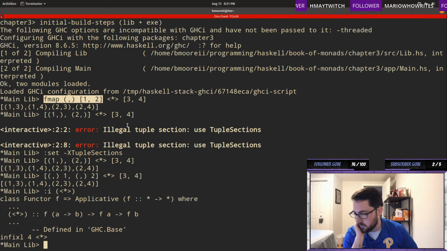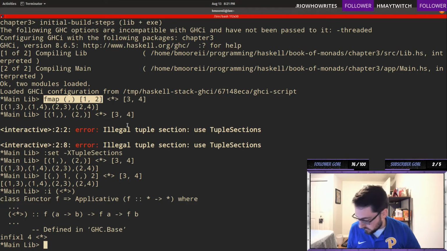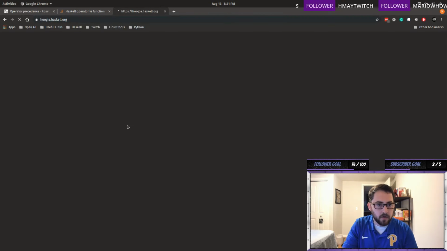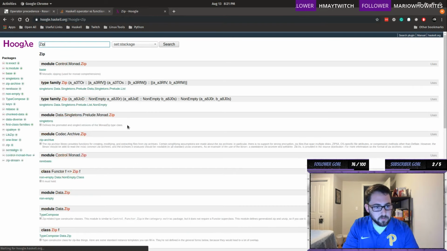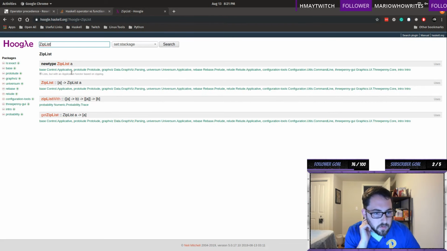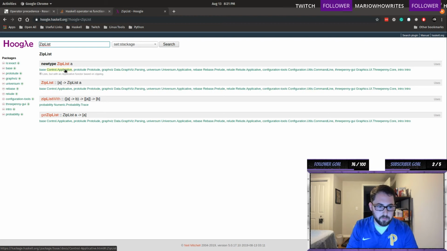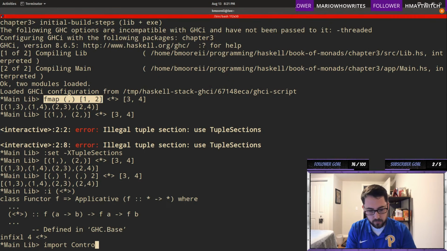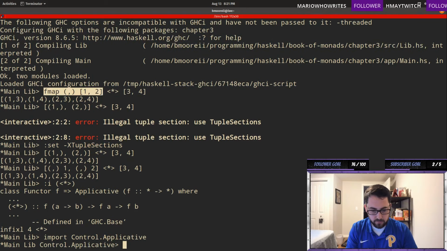Does that make sense? That's actually a useful thing to know. I should probably know that, but it is what it is. I also need to go figure out where I get ZipList, because I don't know where that is. It's in Applicative. So import Control.Applicative, and then we should be able to write